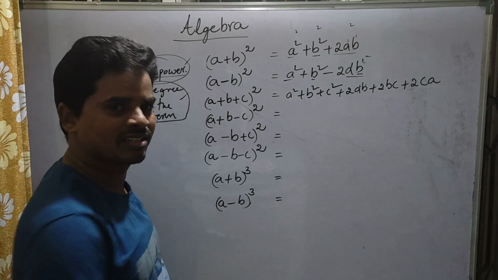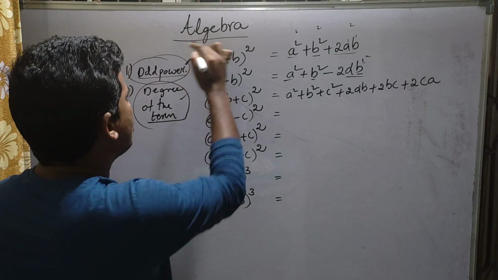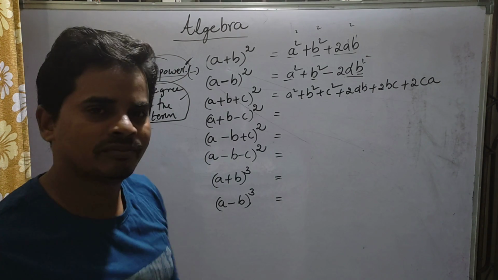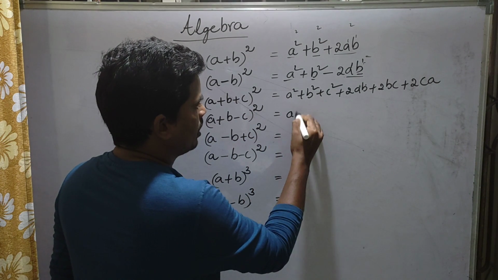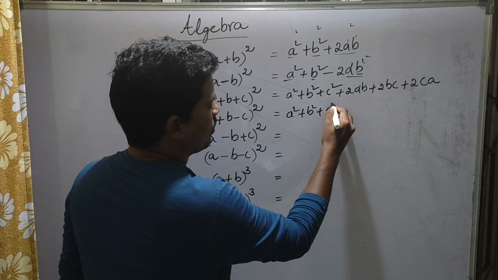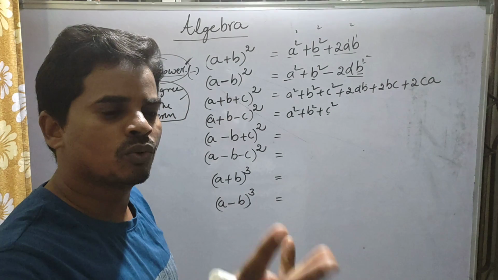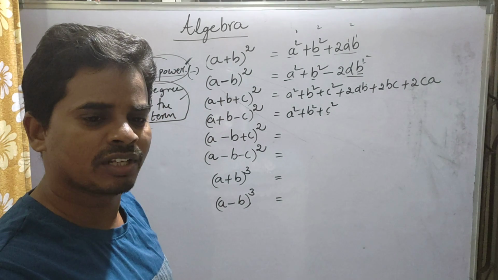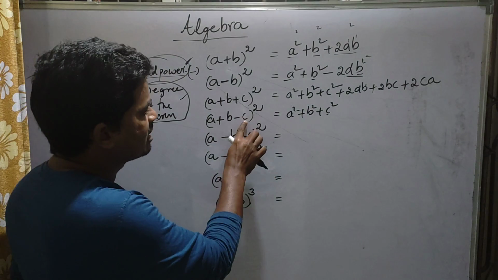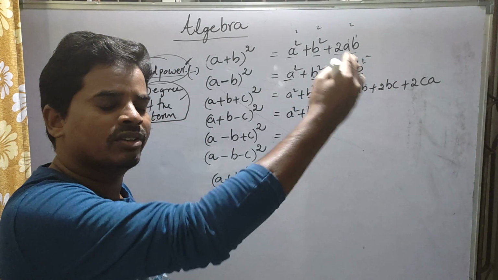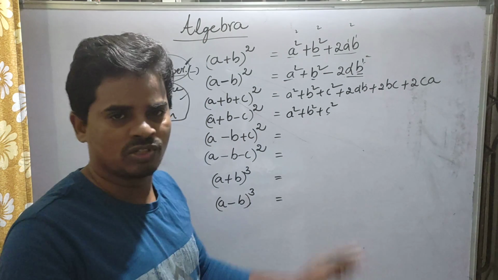Next, see a plus b minus c whole square. Here c has the minus. So in the expansion of the formula, where c has the odd power, there we will get the minus. Suppose for example, a square plus b square plus c square. c we got, but c power is 2, which means even number. 2, 4, 6, 8 are even numbers. 1, 3, 5, 7, 11 are odd numbers. So since c has the minus, only where c has the odd power will we get the minus. Otherwise, all remaining places are positives only.